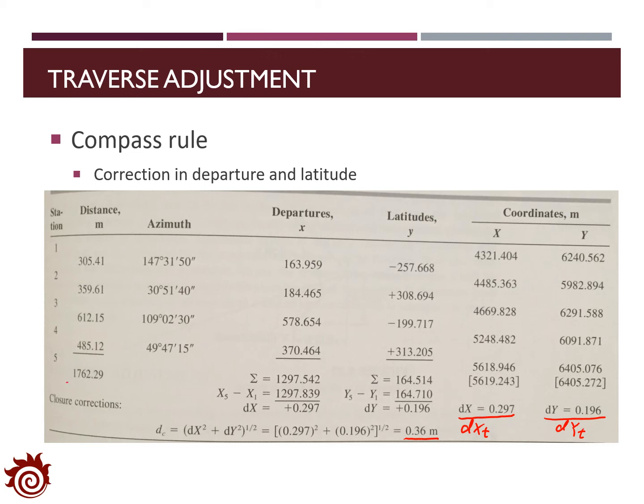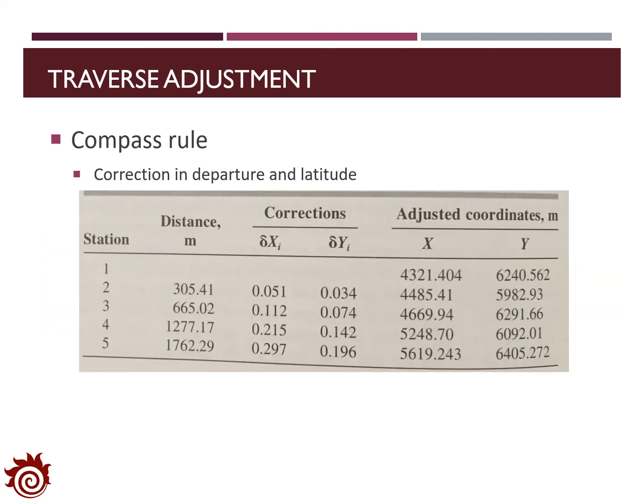Also, we can find out the total length in the traverse as 1762.29 meters. Then we can use this information for the correction in departure and latitude. From the previous page, we get dxt equal to 0.297, dyt as 0.196, L is